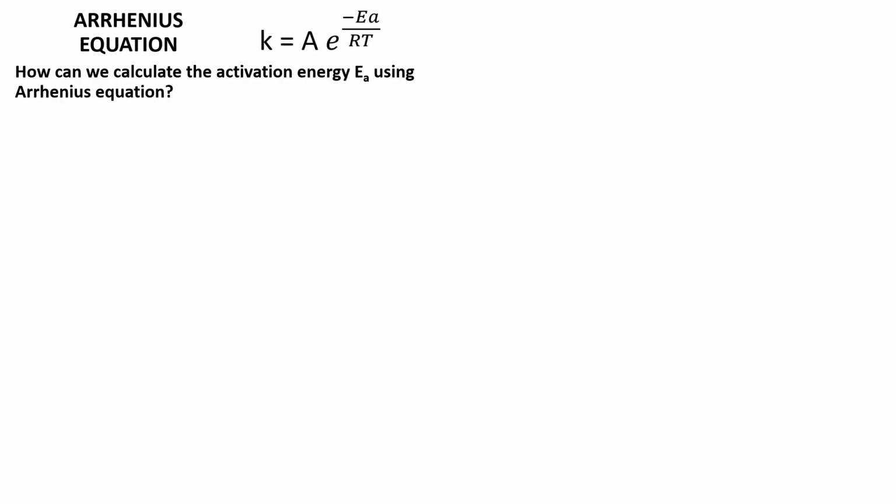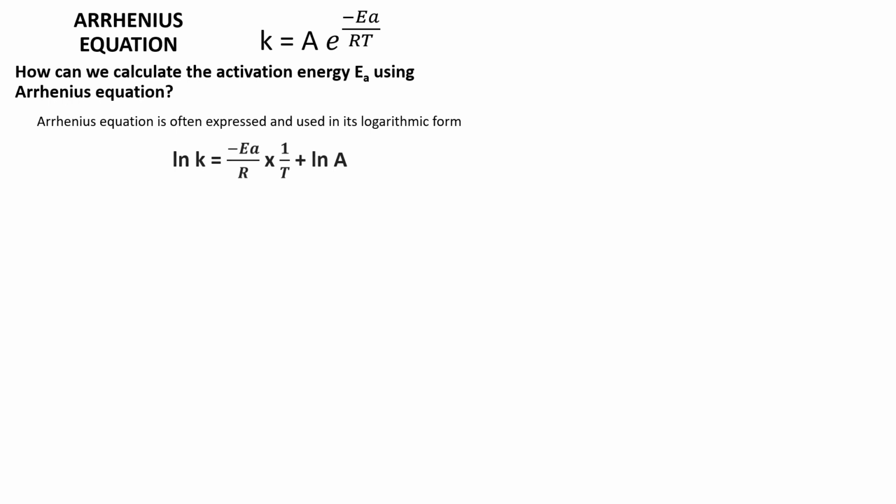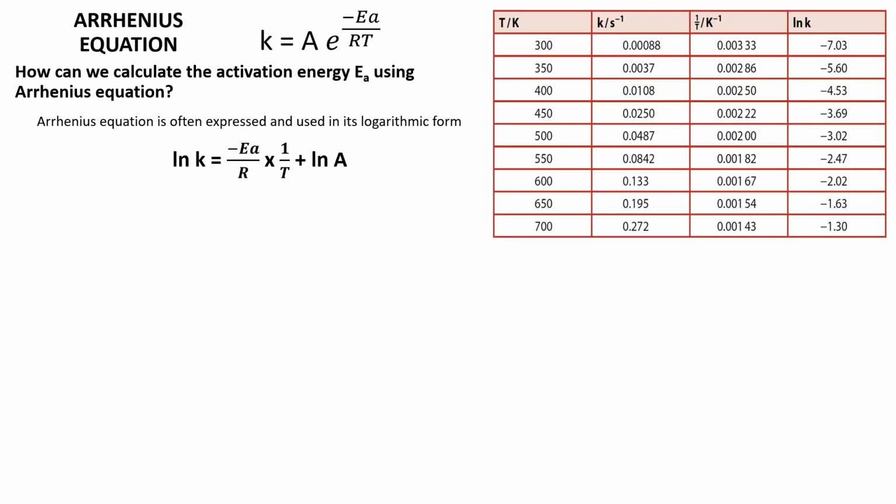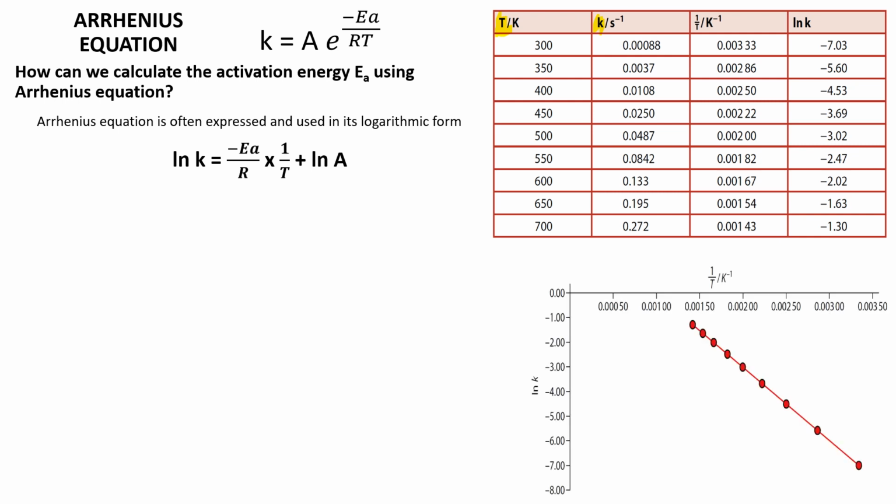Now, how can we use the Arrhenius equation to calculate the activation energy? First of all, we can manipulate the Arrhenius equation to be written as follows: ln k is equal to negative Ea over R multiplied by 1 over T, plus ln A. If we have data about both the rate constant k and T, the temperature in Kelvin,